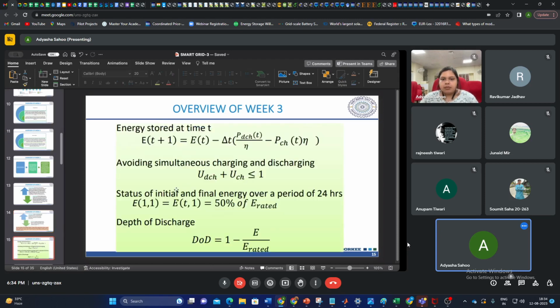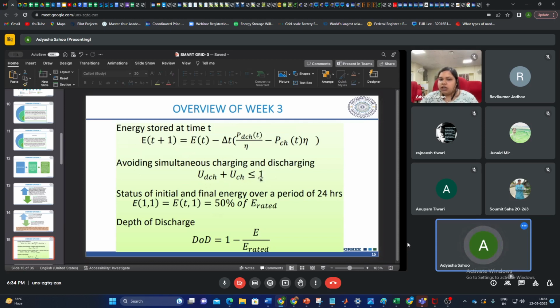So I think some optimization model was there in one of the weeks. The equations that were used were the energy equation for the battery. Then these were binary variables because we are trying to model the behavior of the battery. So in a particular instant, the battery may either charge or it may discharge. So these are both binary variables, so they can be 0 or 1. So by enforcing that the sum will be less than or equal to 1.